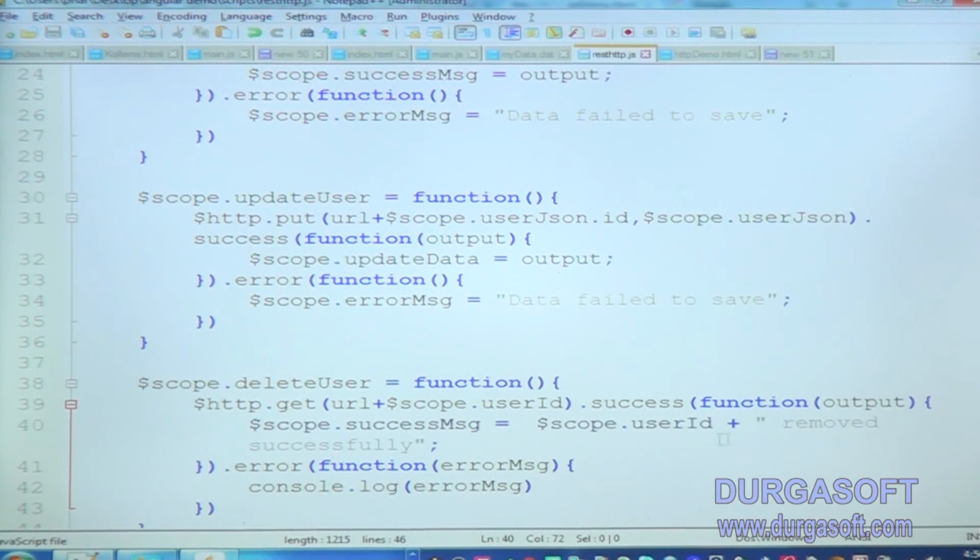So this is what I am displaying. If I delete the data, whatever user ID we are giving, that user ID removed successfully. That is what I am displaying here.